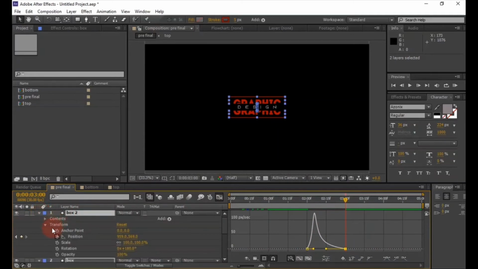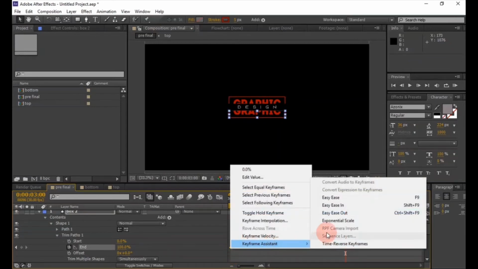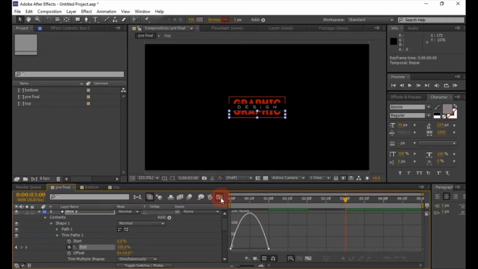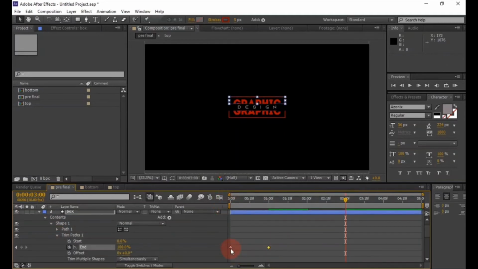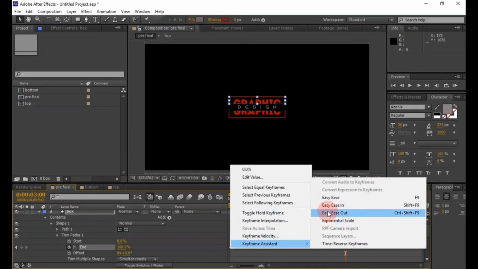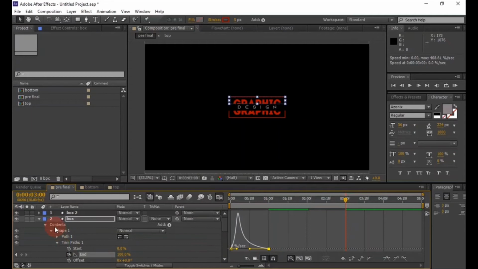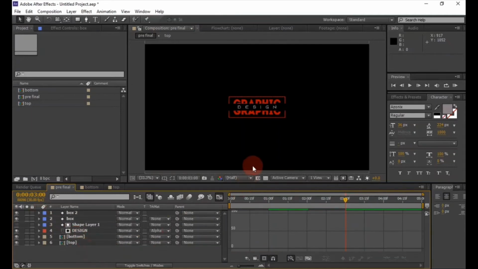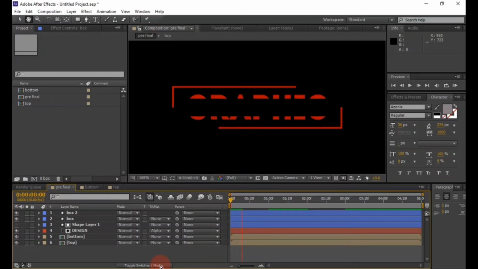Repeat this process for all keyframes. Now our animation looks like this.